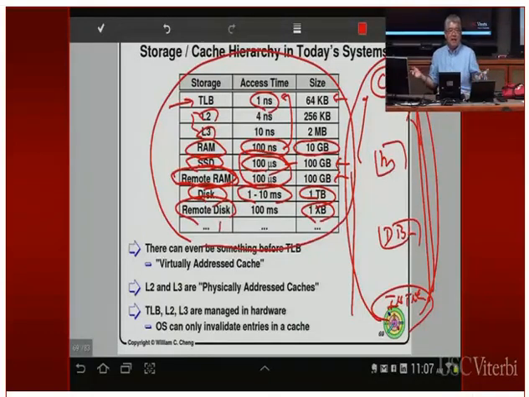Okay, so the cache hierarchy basically doesn't really have to stop. There's something called the Andrew file system, right? It was a file system that was designed by CMU. The idea is to put the file system of the entire planet under one file system, so you can access any machine through that file system. Okay, so the cache hierarchy can actually be very, very deep. As it turns out, there's actually something even before this.